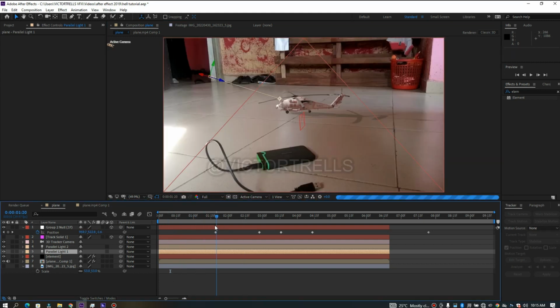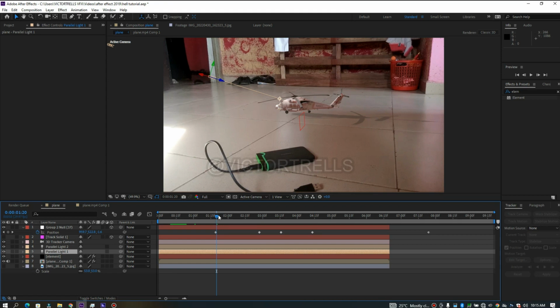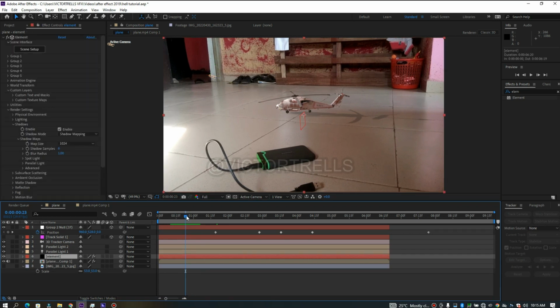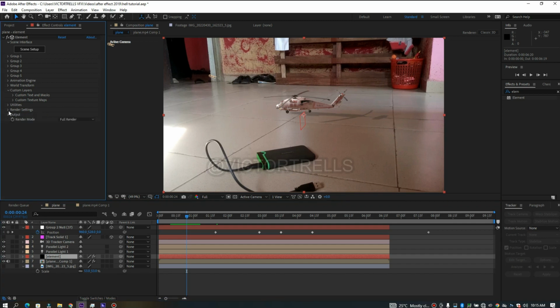You need to turn on the ambient occlusion and other stuff, motion blur, to make the whole animation look good. Because if you look at this now, it's actually good. It's actually moving, but it's not looking like what we actually saw in that video. So the next thing we need to do is come back to the elements layer and take a look at the blade. The first thing I'm going to turn on now, under the render settings, I'm going to go down to